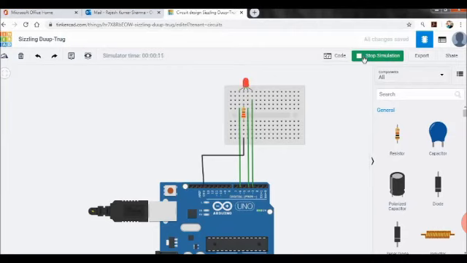So that is how you can make, you can see, you can modify, and you can learn by doing. Learning by doing, this is one of the platforms, and I hope you understood. Once you start it yourself, you'll be able to understand how to use it, how to make it, how to show the working, how to modify the circuit. And this is one of the platforms where you can do the circuit, where you can do the programming, and you can actually see the working of the project with the help of programming also.